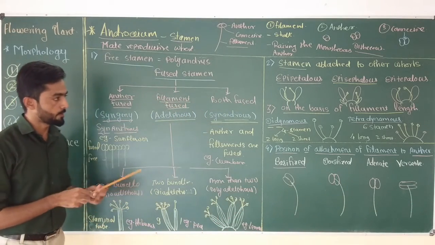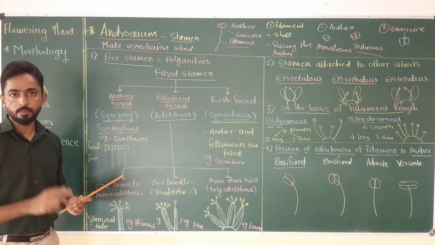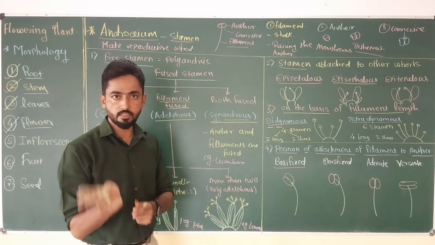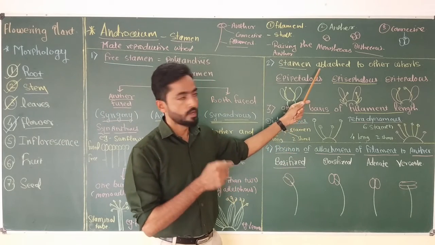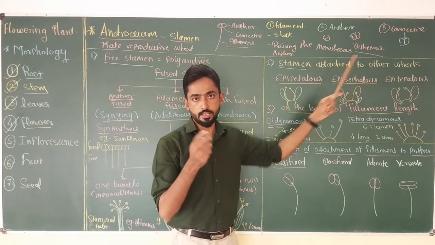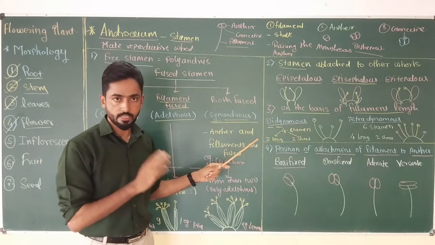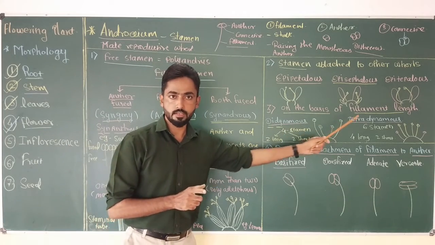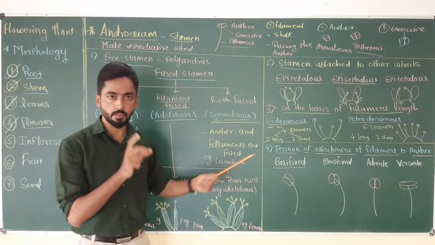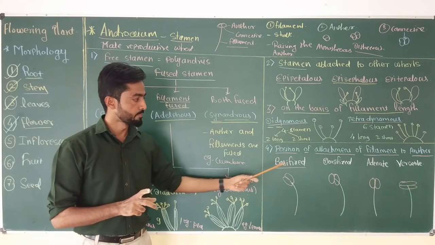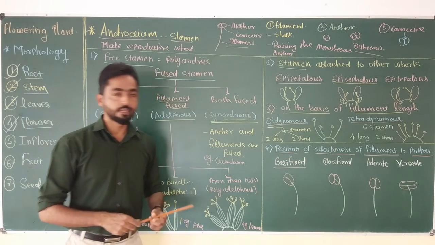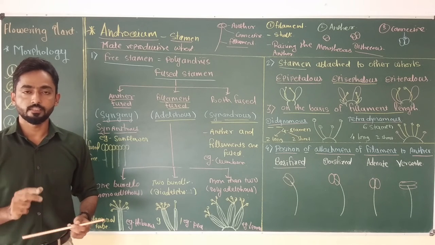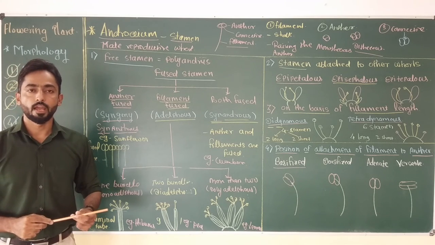So there are four different criteria by which the androecium can be classified: on the basis of fusion of the anther to the filament, then on the basis of attachment of the stamen to the other whorl like sepal, petal or perianth, that is tepal. Then on the basis of length of the filament, two types, didynamous and tetradynamous, and on the basis of attachment of the filament to the anther, there are four types: basifixed, dorsifixed, adnate and versatile. So this is all about the first important essential whorl of the flower, that is the androecium.